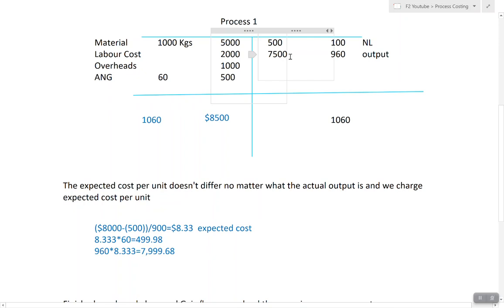For 8,000. So now units balance as well and cost balance as well. Okay, so this is it about